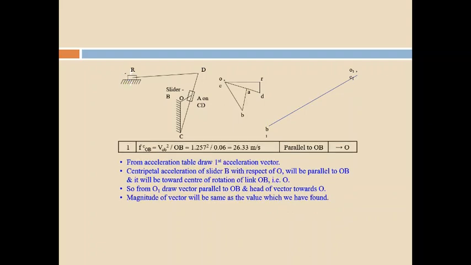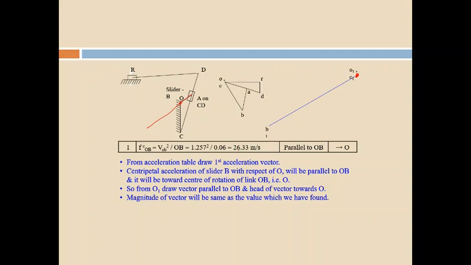First of all, fix the fixed points. O and C are fixed points. So fix them like O dash C dash, otherwise O1 C1, whatever it may be. So I have fixed the fixed points. Then I have to draw the radial line of the crank in the opposite direction. If it is going like this, here in the acceleration diagram I have to draw it in the reverse direction. So I am drawing OB1 in the reverse direction.